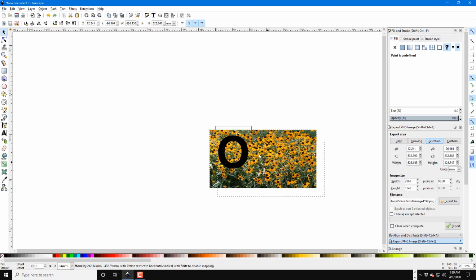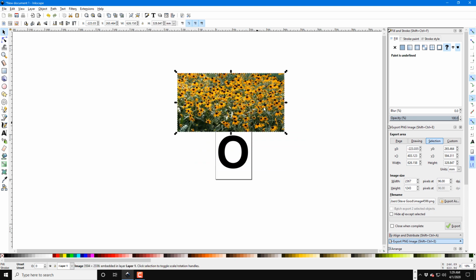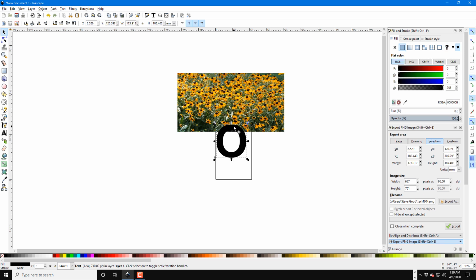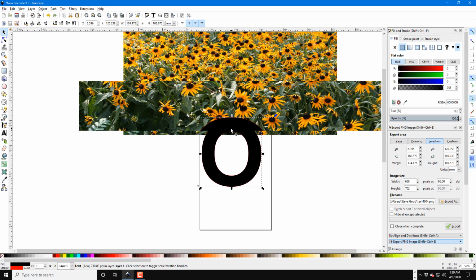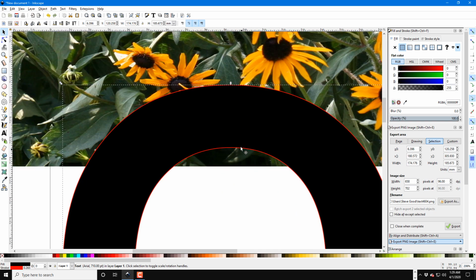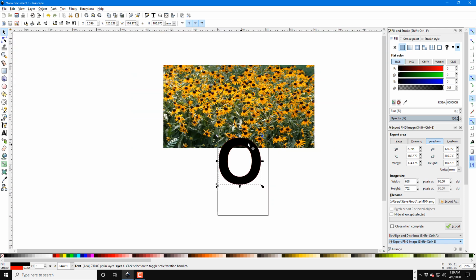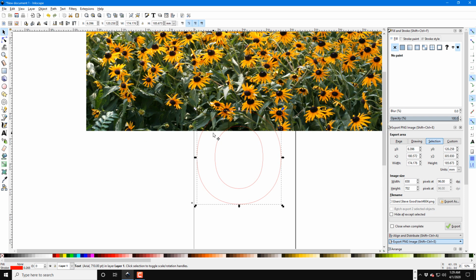Now what I can do is I can take this character, put it anywhere in this picture, and set a mask up to where the picture just shows through where the letter is. To make this easier to do, I'm going to change the outline color of the graphic. I'm going to change it to a bright red. So I'm going to right click down here on the color toolbar and hit Set Stroke. And if we zoom in here real close, you'll see that now the stroke is red. The other thing that makes it easier to do is to set the fill to transparent. Transparent is down here on the very left, and if we left click, now we have a transparent O with